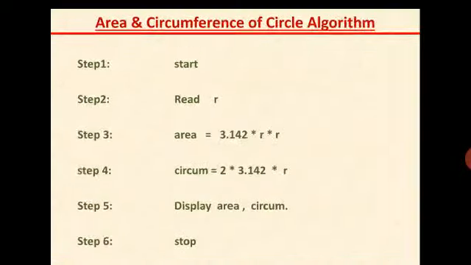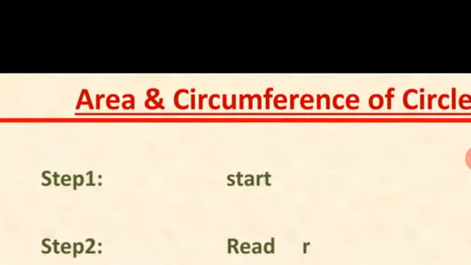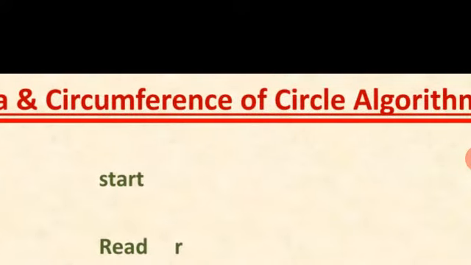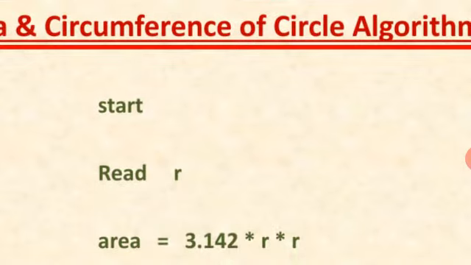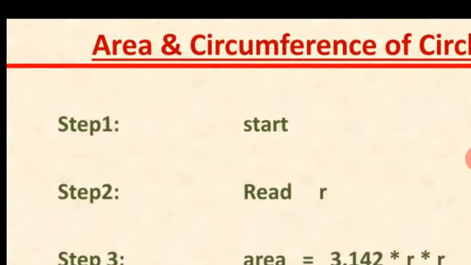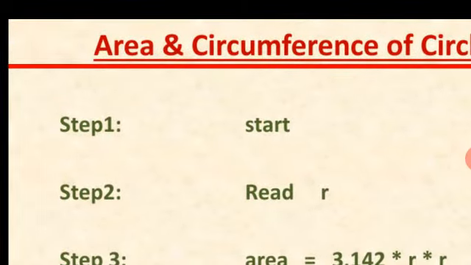Next example is area and circumference of the circle. Students, once they give you the problem, you should know first what formula you have to use. For that purpose, you have to take different problems and solve them independently. All these examples which I have covered here are important from the annual exam point of view. They will be asked for 5 marks. So first thing, step number 1 is to start.